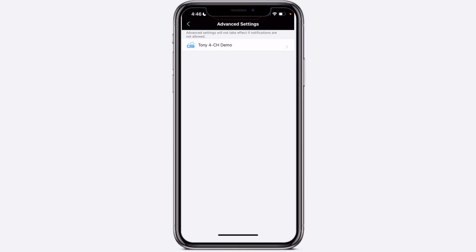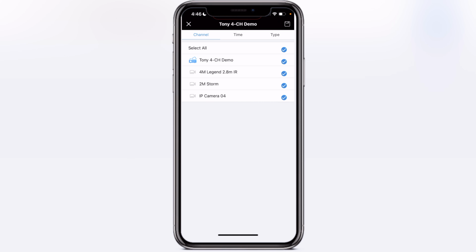So if I click advanced settings and go into that unit, now I can actually specify which cameras I want to receive notifications on, and click on type, and here I can say whether I want to get motion events, analytic events, alarm inputs, etc. So you can actually narrow it down to individual cameras and the type of event that you would like to get push notifications for. So once I've picked all those, I click save,